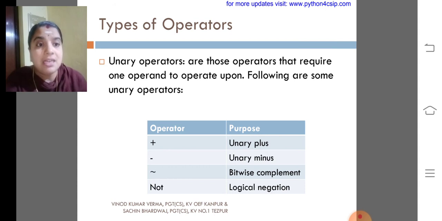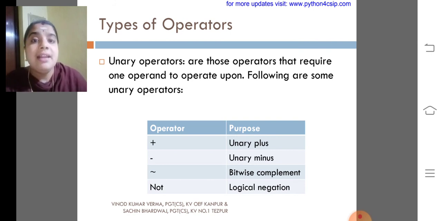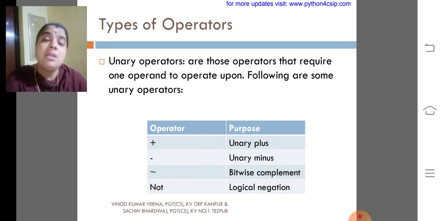And the bitwise operator is used for toggling, that is, inverting bits. Then the not operator, it's a logical negation. It is a type of logical operator also. It also has only 1 operand at a time. That is mainly used for toggling a Boolean expression. That is, if it is false, it returns true, and if it is true, it will return false. Toggling: true to false and vice versa. So, totally 4 operators are in the unary operators.